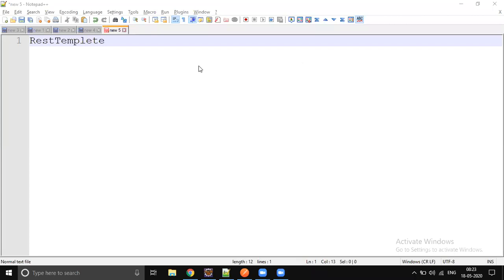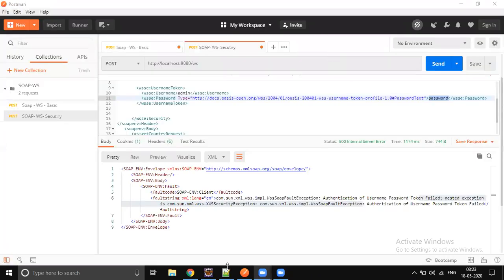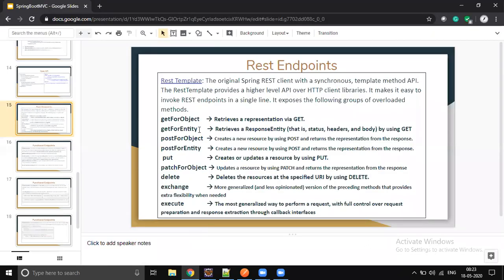So you can directly call the RestTemplate method, and you can simply specify what data you are passing and what data you are expecting. It's like a direct Java object you can pass and a direct Java response you can get back. Right? So it's like a direct call. The underlying architecture is still the same. Underneath, it will be sending an HTTP request and HTTP response only.